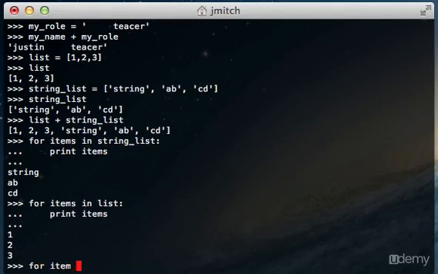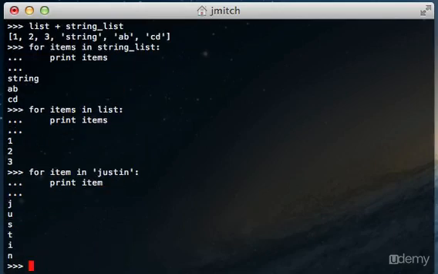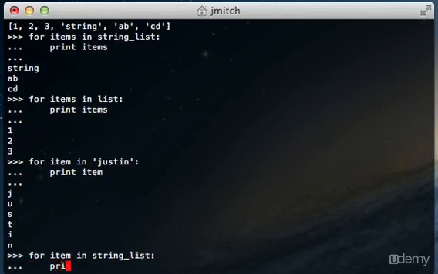So loops are very, very useful, and we will see them a lot, and you can do for loops for strings themselves even. For item in Justin, print item, and it will even loop through all the items in Justin. So another thing that would be kind of strange to do, but for item in string list, and then for sub item in item,